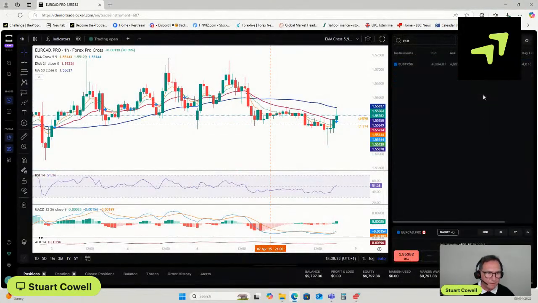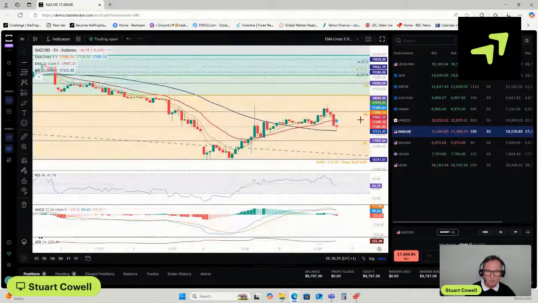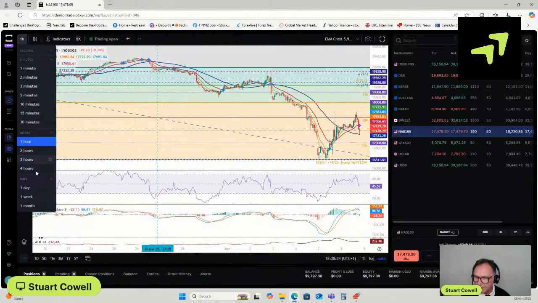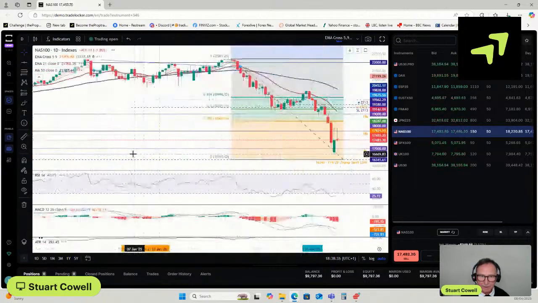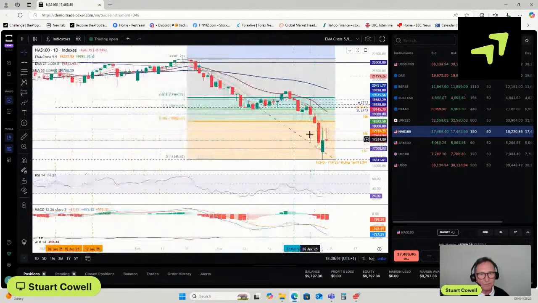the current markets. I did this earlier on for the stock market. So the Nasdaq, for instance, I just put this on earlier. This is the hourly chart. We've got the daily chart. As I was saying before, we've had this big all-time high here in the middle of February. We had this leg down, so we could have comfortably had a fib level here. See how the bounce went. It didn't play out, and it's leg down,